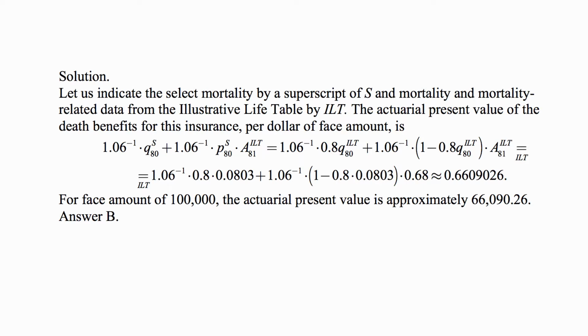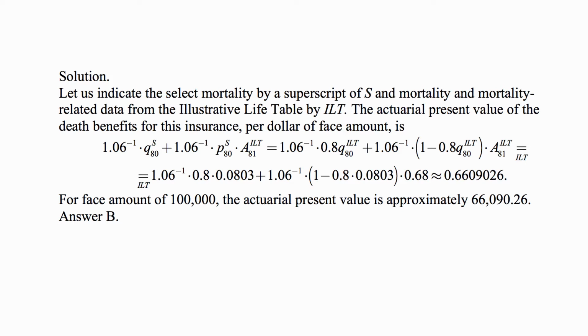And given the interpretation that Q superscript S subscript 80 is 0.8 of Q80 in the illustrative life table, we just rewrite this with Q from the illustrative life table, and we can look up Q80 in the illustrative life table. It is 0.0803, and plug it in, and then we can look up A81 in the illustrative life table, big A81, and that's 0.68. So we plug all these numbers in, and we get